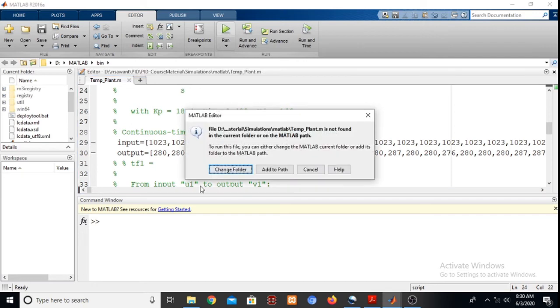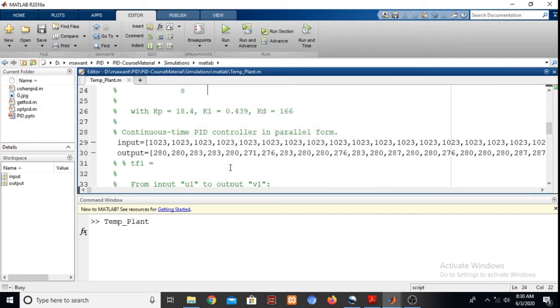So we have run the program, and see here, input and output variables are available in the MATLAB workspace.